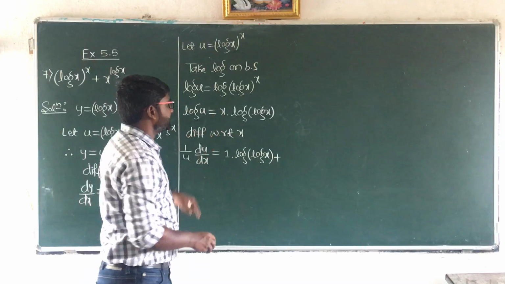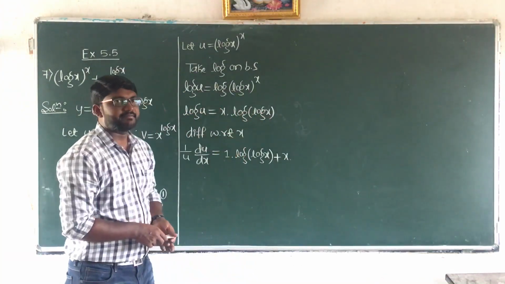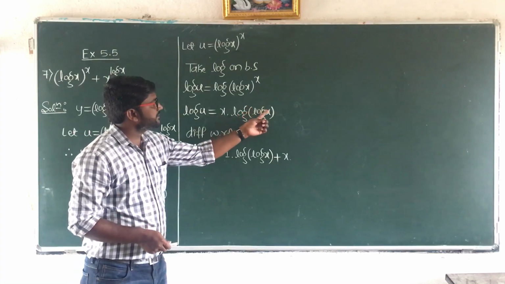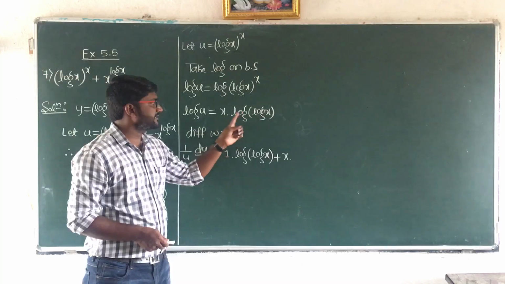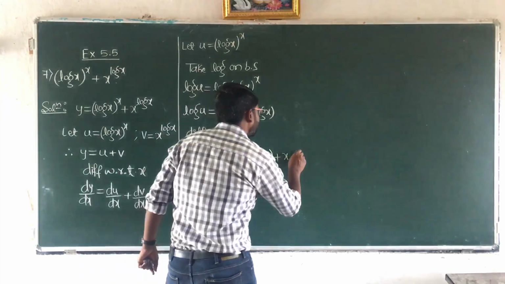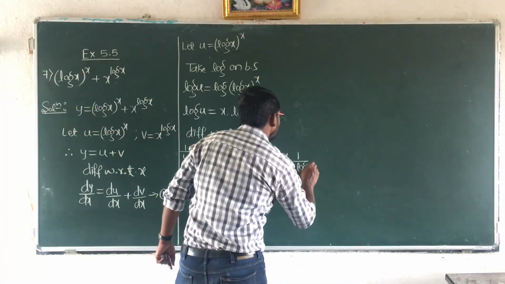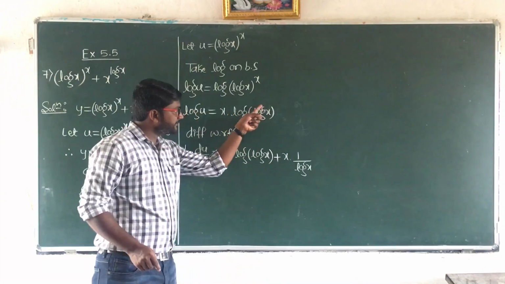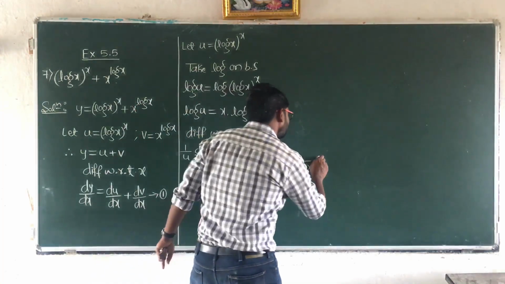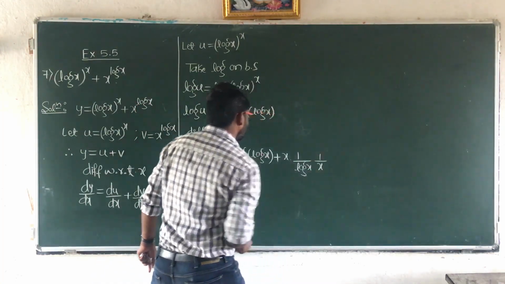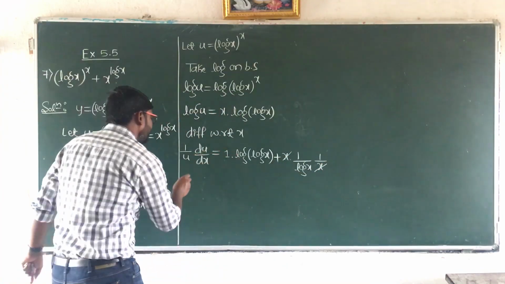So I write the first function as it is now, x as it is. Take the derivative of the second function. Log of whatever is there inside the bracket, consider that as x now. That means it is in the form of log x. What is the derivative of log x? It is 1/x. So it is 1/(log x) into d/dx of the inside function, and d/dx of log x will give us 1/x. So here x and x get cancelled. Let us write the remaining term.